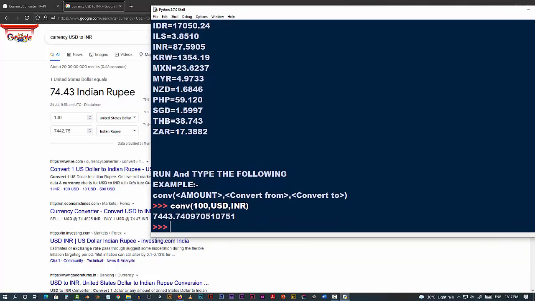You can see it is very much close to the accurate data. When you run the other one, it's not going to give you the accurate data, but here you're going to get very much the accurate data.